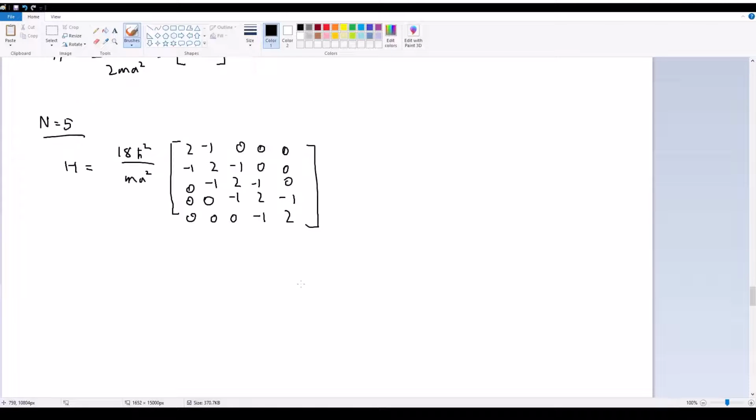And for the n equals 10 case, it's the exact same thing, but with 10 rows and 10 columns, and the same pattern, which is that the diagonals are always going to be 2, the off diagonals are always -1, and everything else is 0. So if we actually want to find the eigenvalues on Mathematica or Python or whatever, depending on which program you use, it'll be significantly easier or harder. Once again, Mathematica sort of trivializes a lot of this, but not everybody has Mathematica, so I will be using